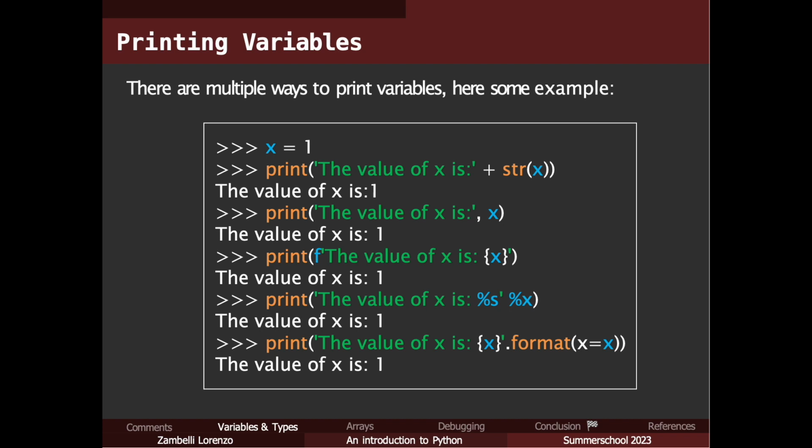Finally, the format case. Again, we are writing our string phrase that we want to use. We put the x in the curly brackets and then dot format. Inside the dot format, we write the variables equal to what value we want. Those are some basic examples that we can use, but if you look online on python.org, you can find other ways to do it.